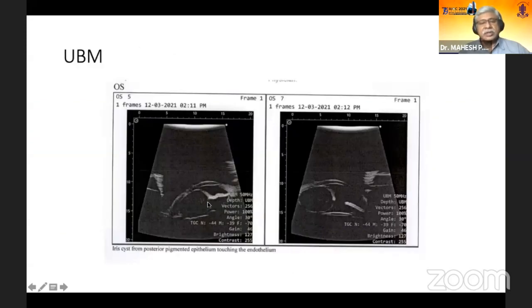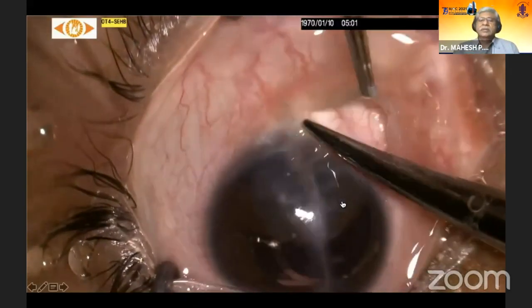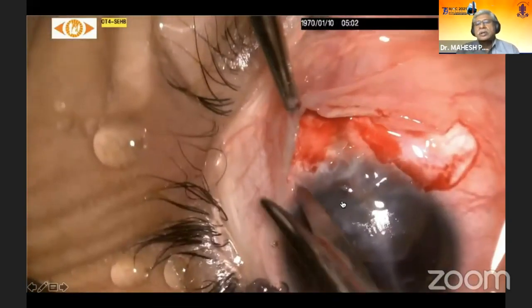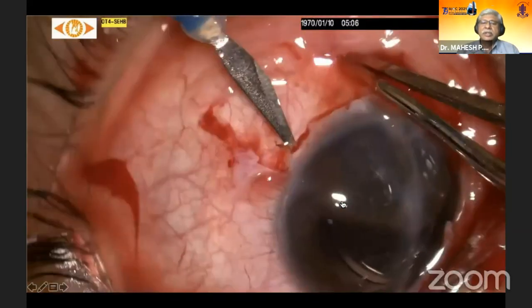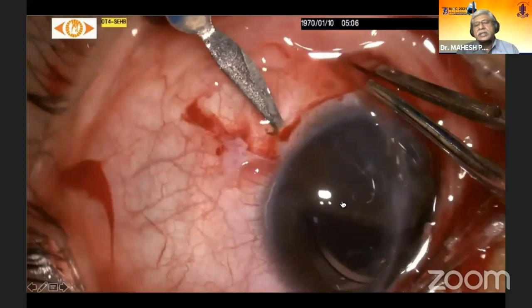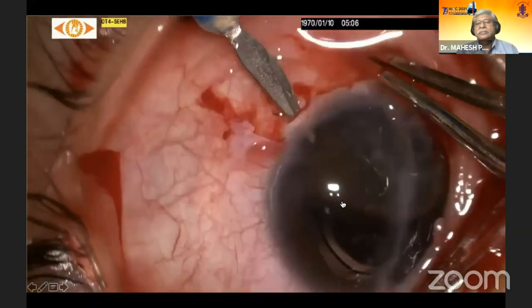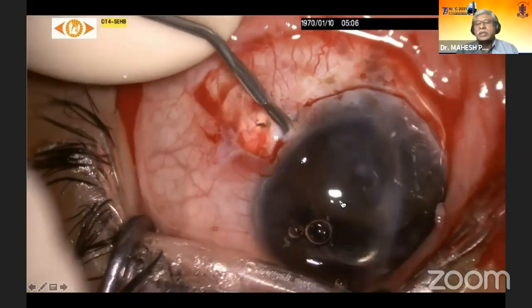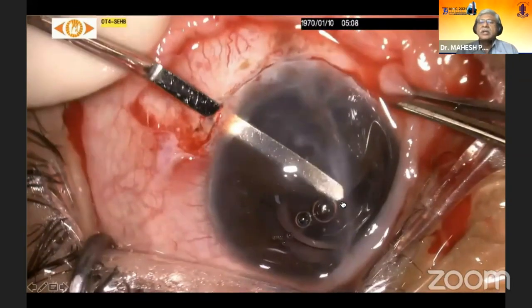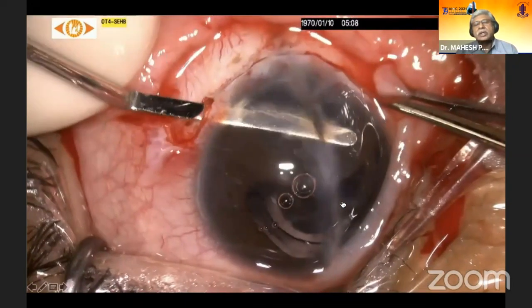The UBM shows the cyst in the retroiridal space and encroaching onto the pupil here. So this is the surgery which we did. You can see the wound which had been repaired earlier. Opened up the limbus and entered the anterior chamber, and used visco to peel the cyst from the corneal endothelium, and used the iris spatula,